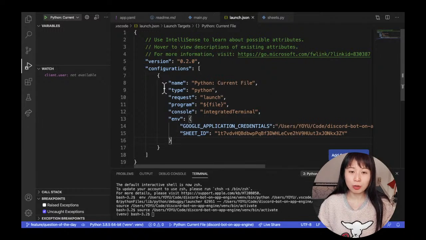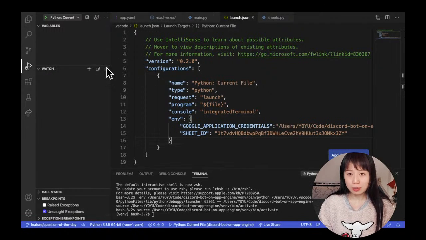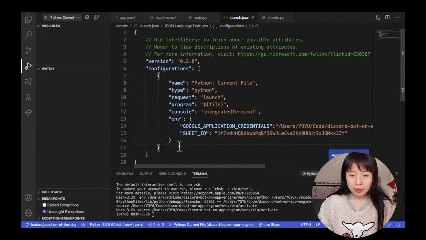In a bit, I will show you how to utilize this tool better. If you use it for the first time, it will probably prompt you with a message asking which kind of language debugger you want to use, and in this case you just choose Python. And as soon as you choose Python, it will create this